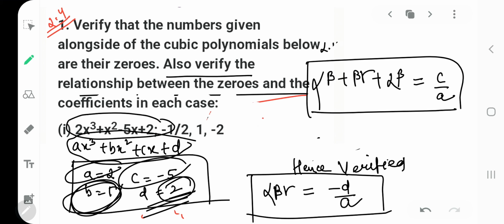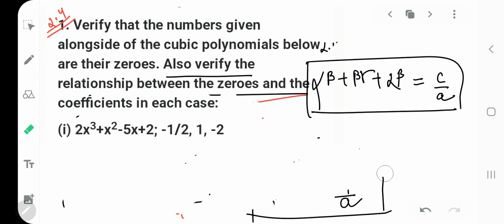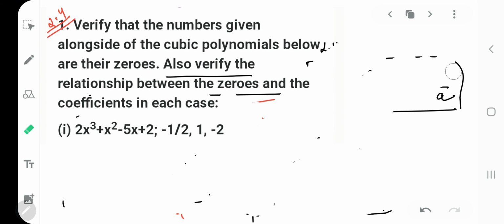Got my point clear? So first, step number 1, हम लोग ने ज़ीरोस, जो भी ये प्रॉब्लम ऐसा दिया हुआ था, हम लोग ने पहले minus 1 upon 2 वैल्यू डाला, then 1 डाला and then minus 2 डाला, और हर एक में मेरा ज़ीरो रिमाइंडर ज़ीरो आया था. And that's the reason I say that these are zeros of this polynomial. Getting my point? And then once you got the zeros, you have to start with the verification.